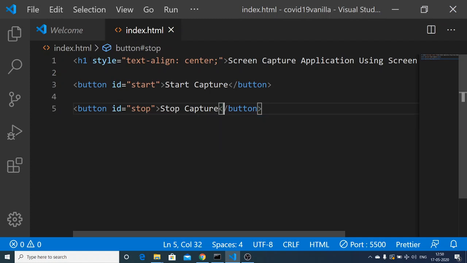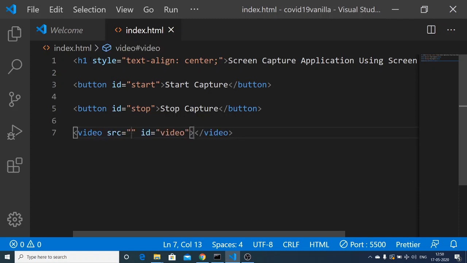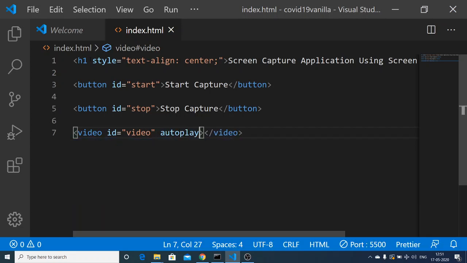After this we will have our video element, inside which we will display our captured screen. It will have an ID of video, and we will be dynamically manipulating the source, and we will attach autoplay to play the video automatically. So this is all for the HTML.